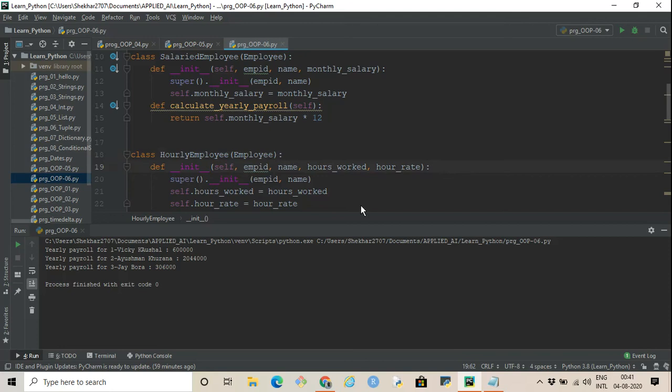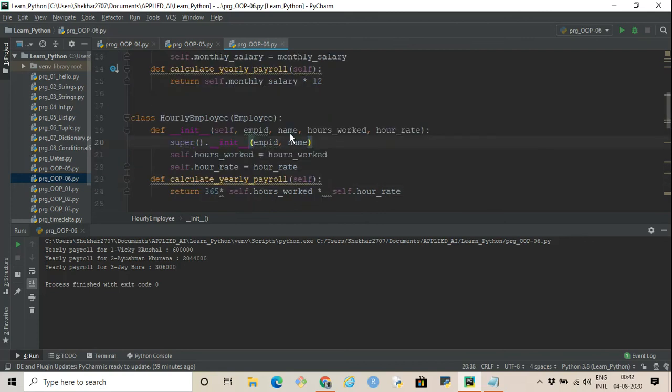Again, we are calling the parent class init method using super.init and passing employee ID and name. That will take care of initialization of these two attributes using the parent's init method. The remaining attributes, hours worked and hour rate, we set directly using self.hours_worked equals hours worked and self.hour_rate equals hour rate.